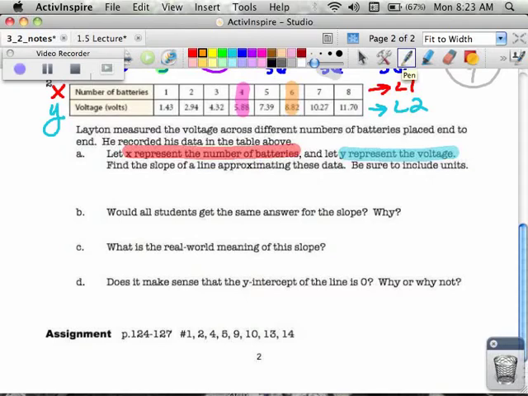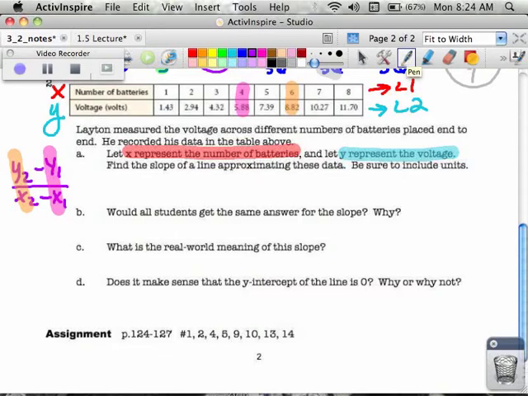If you were to pick 2 different points, it's fine. I'm picking those 2. Remember that when we're finding slope, our slope is y2 minus y1 over x2 minus x1. So pick the second point and then use the first point. Kim picked 6, so that was the second set of information, and Josh picked the 4, so that was the first point. I'm going to use that information to find my slope.